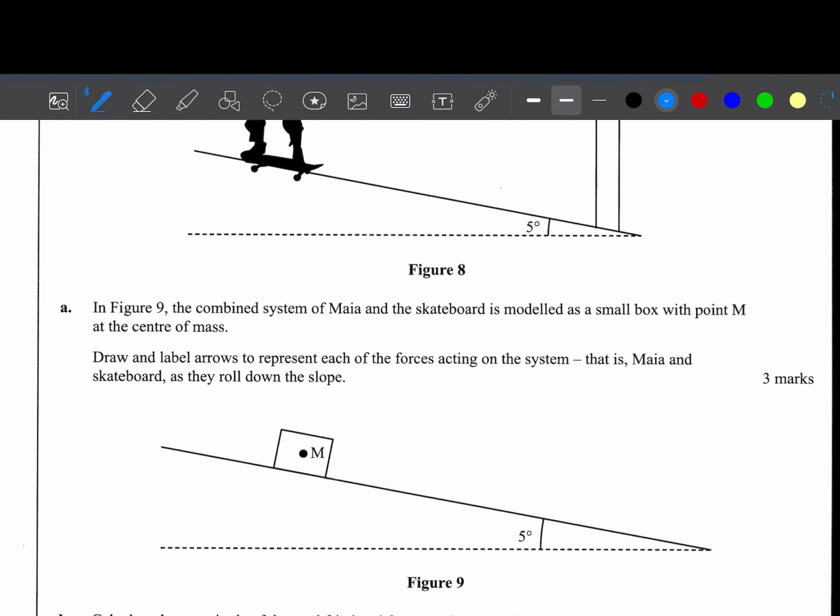In figure 9, the combined system of Maya and skateboard is modeled as a small box with point M at the center of mass. Draw and label the arrows to represent each force acting on the system as they roll down the slope. So there will be our gravity, Fg, then there will be normal force, Fn,